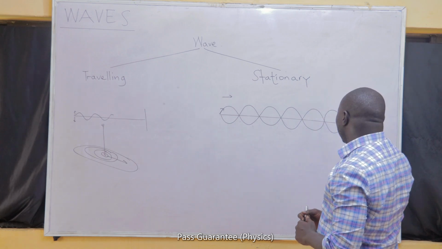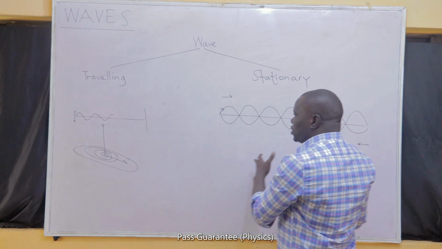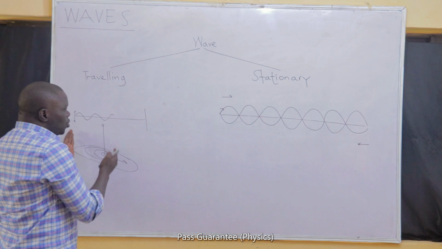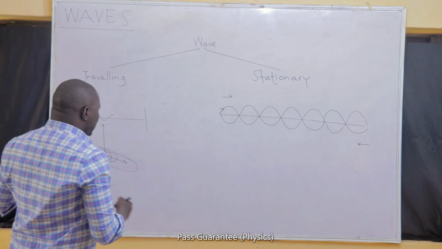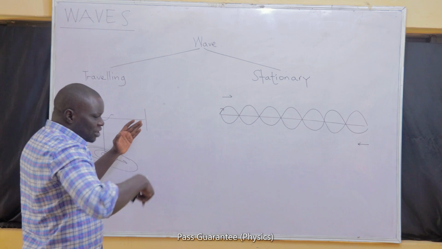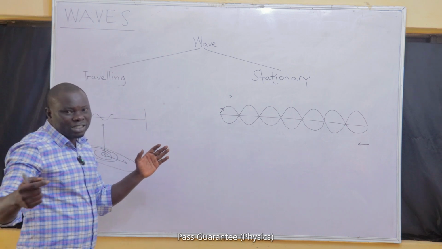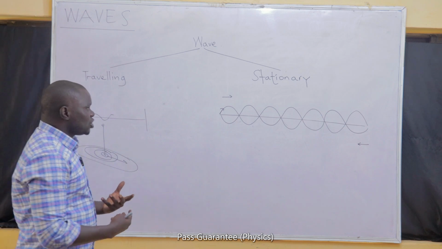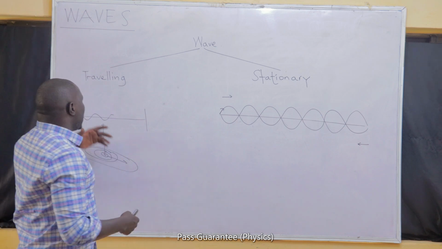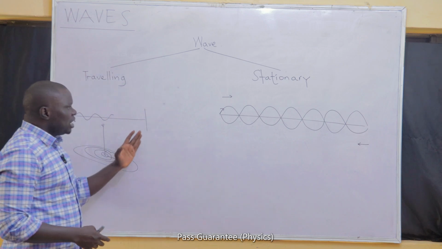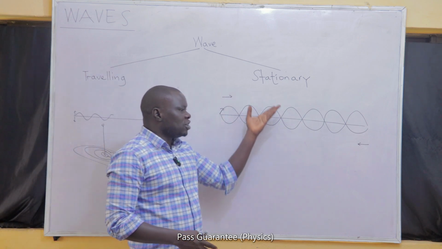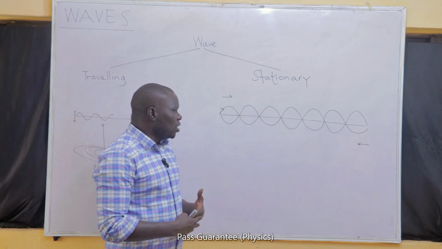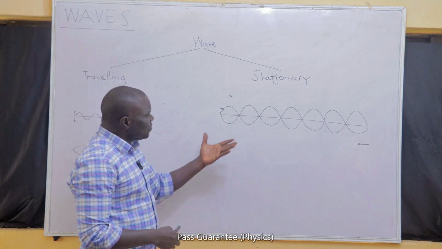So on a stationary wave, we can only say that a stationary wave involves two traveling waves that are moving in opposite direction. If I generate a wave in a direction and, still on that same medium at the same point, I decide to generate another wave that is traveling in opposite direction, then we are going to have a stationary wave. All waves can have their traveling form if they are just one, and all waves can also have their stationary form if it is possible for us to take two same-form waves and superpose them at the same point.